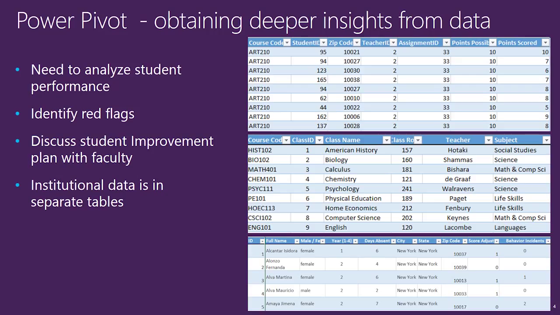Let's say I'm a university administrator who wants to analyze student performance, identify any red flags, and discuss student performance improvement measures with the faculty with the ultimate goal of increasing student retention and graduation. I have student information in an Excel file on my computer which I need to analyze. This information is, however, present in different lists or tables, and reviewing any one of these tables does not help